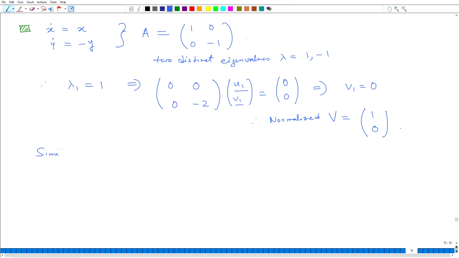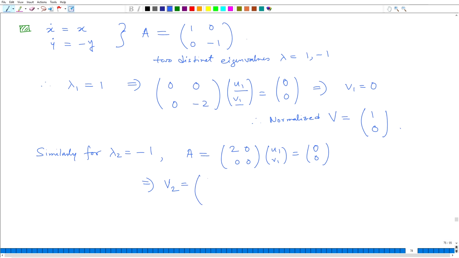Similarly, for lambda 2 is equal to minus 1, A is equal to [2 0; 0 0], u1 v1 is equal to 0 0, and from that we actually have the normalized eigenvector v2 to be (0, 1). Okay. And hence,